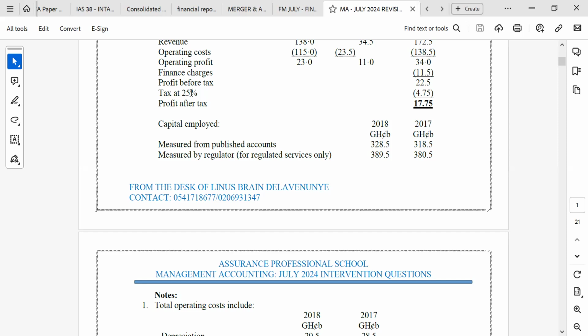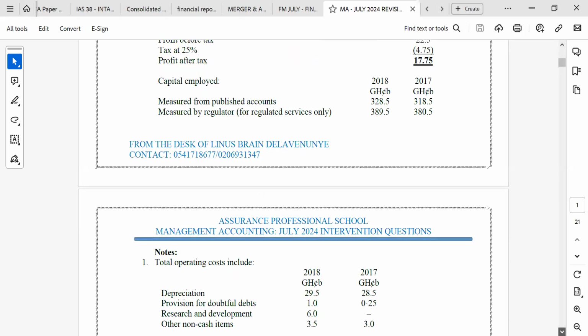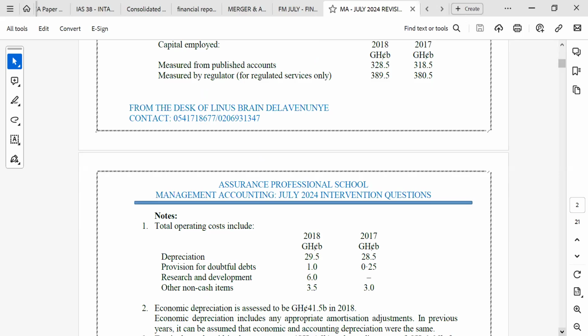All right. So we have adjusted the depreciation and those ones now. Let's come to other items. Provision for doubtful debts. Are we supposed to subtract it? You add it back. But the question now is,